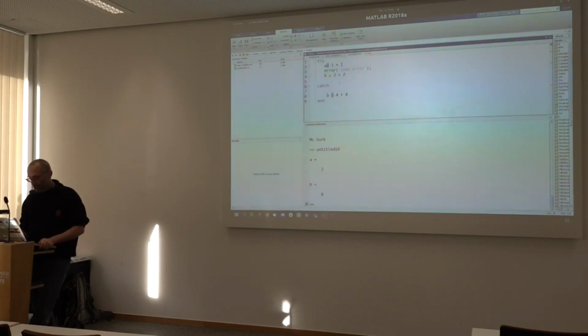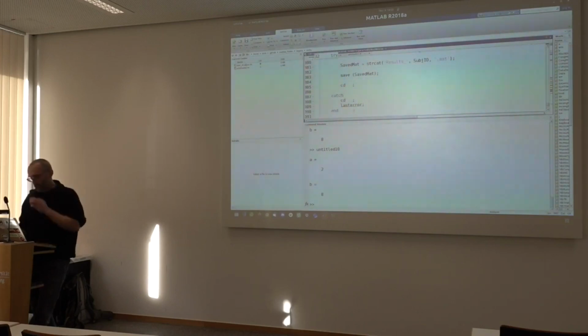So here we could also just do lasterror. If you do this, it will rethrow the error from here. It should at least, oh no, catch, well, nope. See, not even in my old code would it do what I thought it was supposed to do. So this try catch, I can tell you, is completely useless.